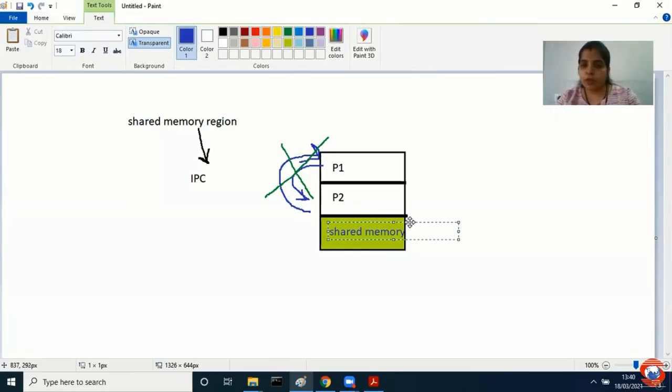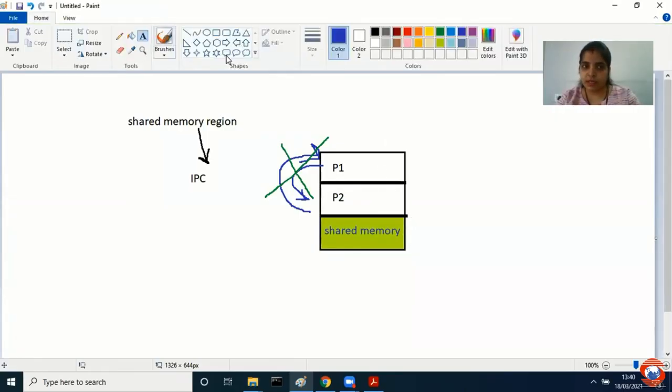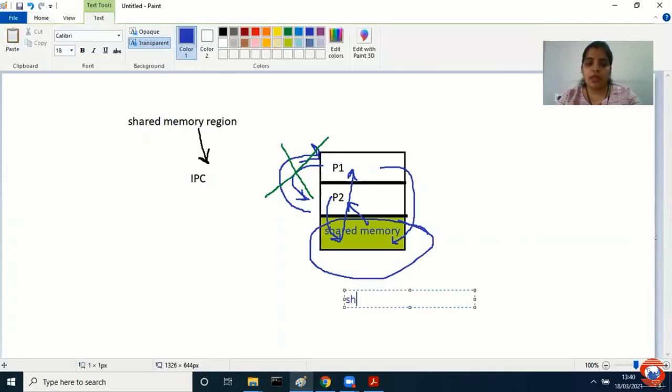If both the processes wish to share some data, instead of sending it directly, P1 will put it into this region and P2 will take it from here. Whenever this region gets allocated, internally your OS gives a call, the SHM get system call. Have you understood, everyone?